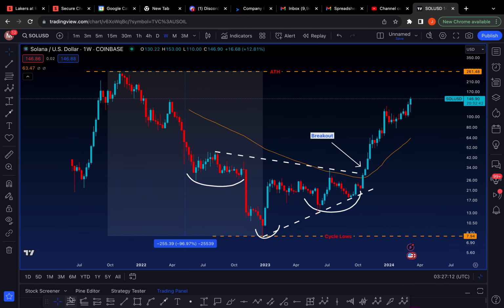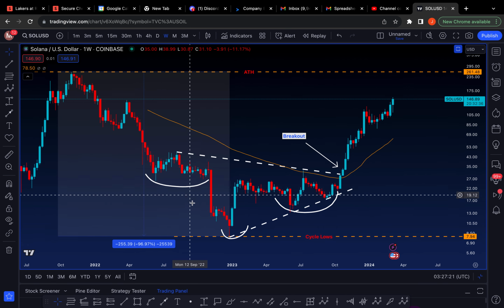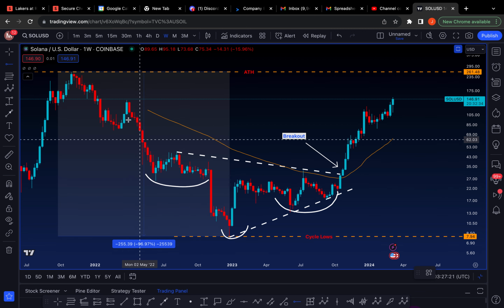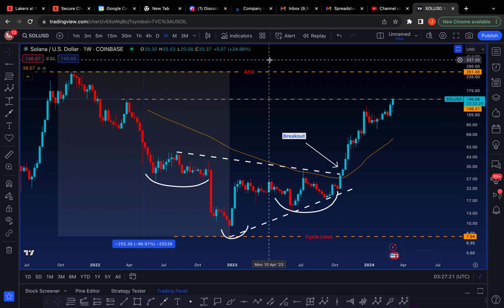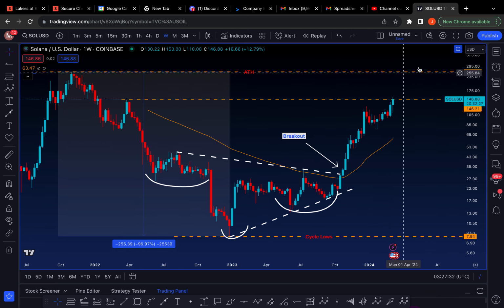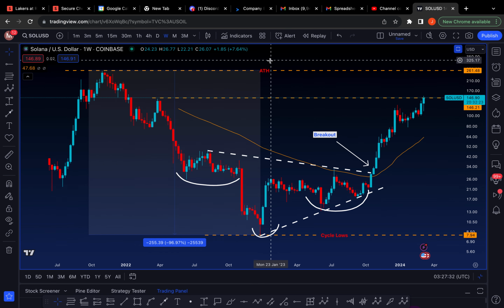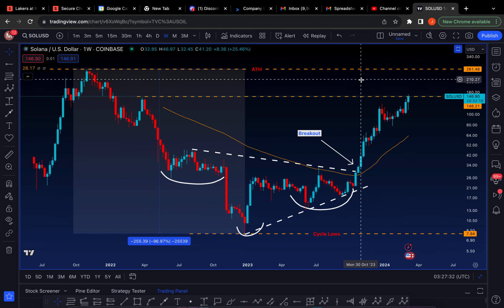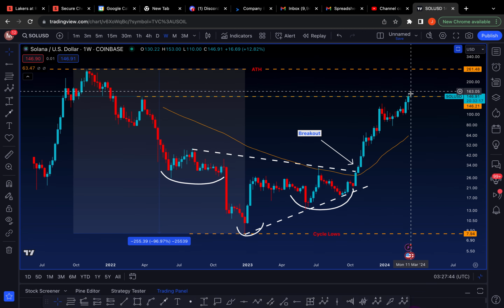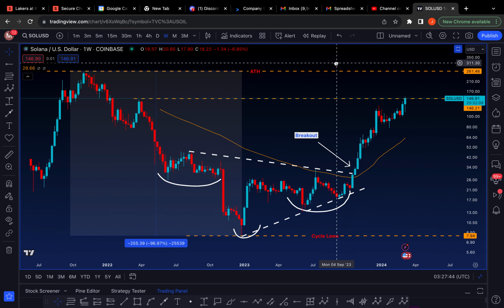Crazy. Let me draw out my areas of liquidity that we broke out of multiple times. By the way, why I'm doing this is because since we haven't broke into new all-time highs yet, and we don't have that history of growth on this particular crypto, it's sort of hard to gauge whether or not we're actually going to trade into all-time highs or we just trade 1700% higher and then trade into new lows. Everything is speculative, which is why I'm telling you guys do your own due diligence,